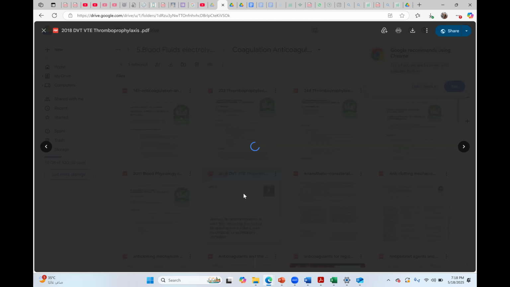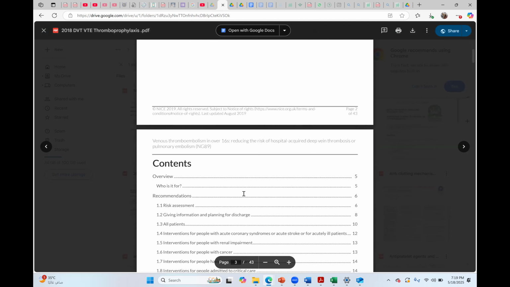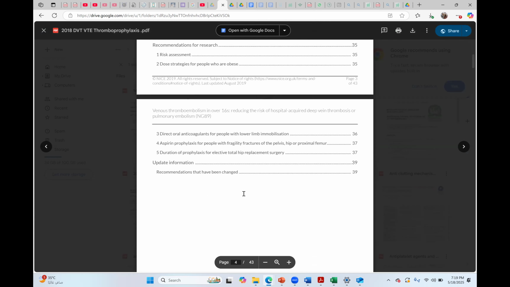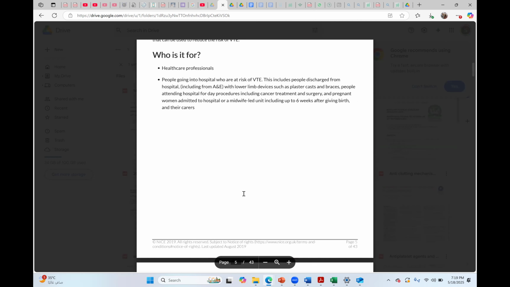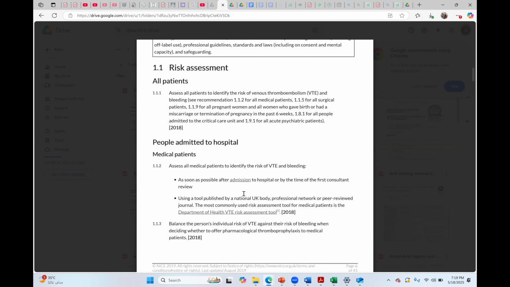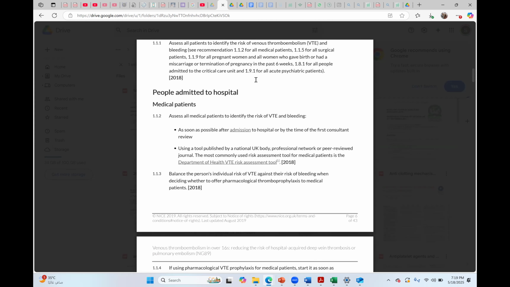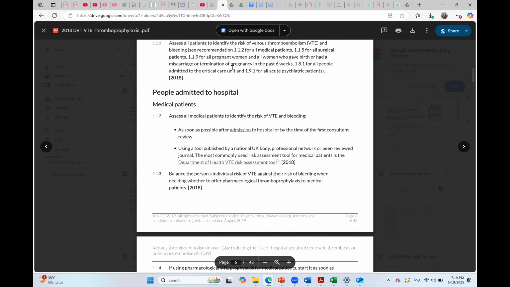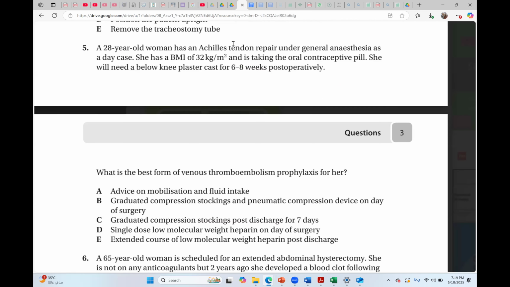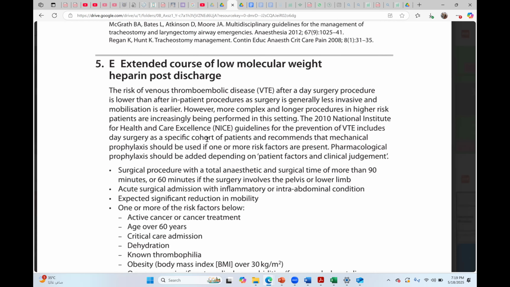I think just a second, this is 2018, yes. Okay, so this question is based on 2010, but this is the document which is there; I'm not sure whether there is some even further guideline. It is a long document. So let's see. Okay, here we go. As I told you, what is the mechanism of thrombus formation?